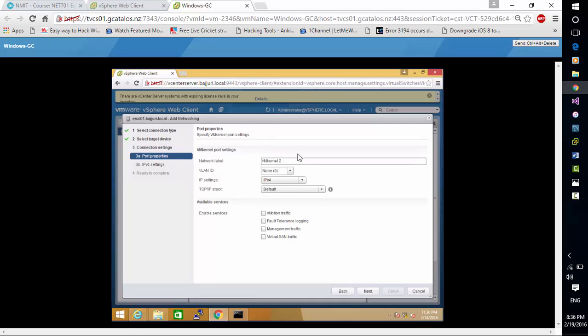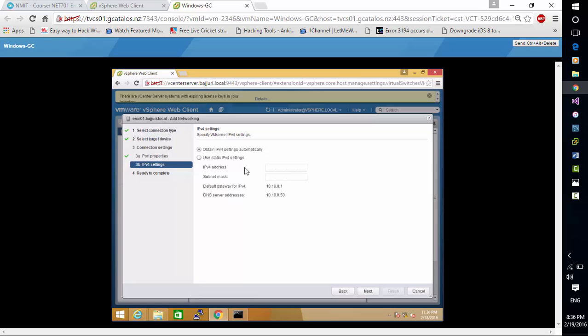And you can see here the port properties, like type IP storage, and click next. Then in IPv4 settings, select Use static IPv4 settings, and here give your IP address. Type your Data ONTAP IP address, like 10.10.0.65,